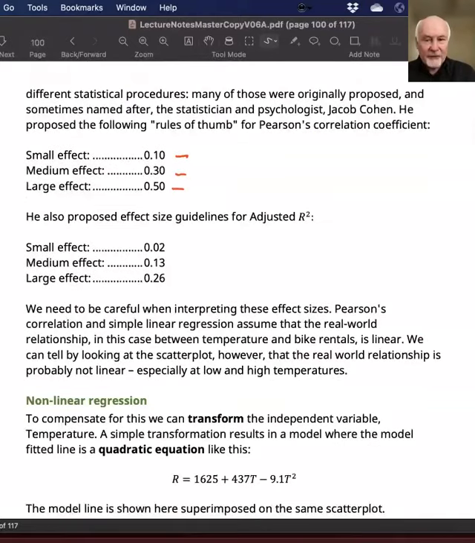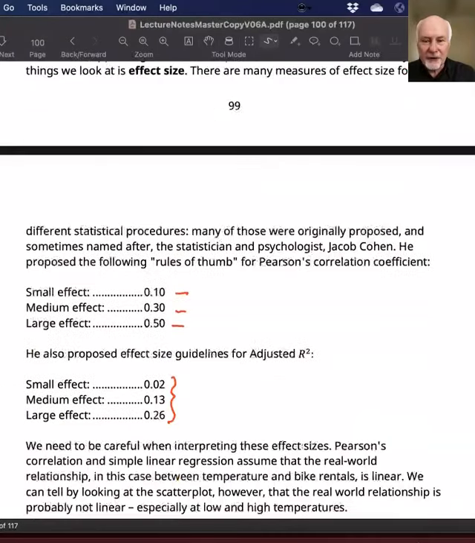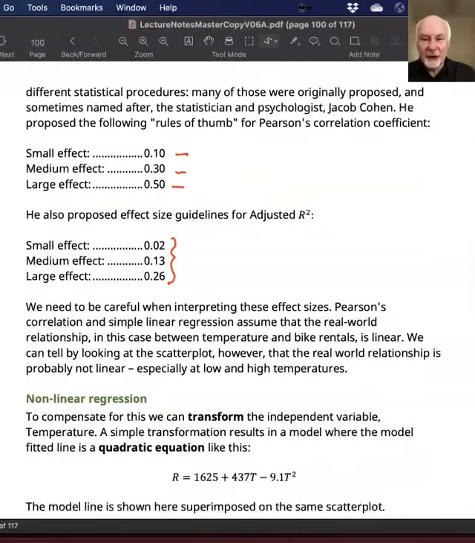And then we have the effect sizes for the adjusted R squared, and they are approximately the square root of the effect sizes for the correlation coefficient. So this one's got an adjusted R squared of 0.5. That would be regarded as a very big R squared. But I've got to tell you,